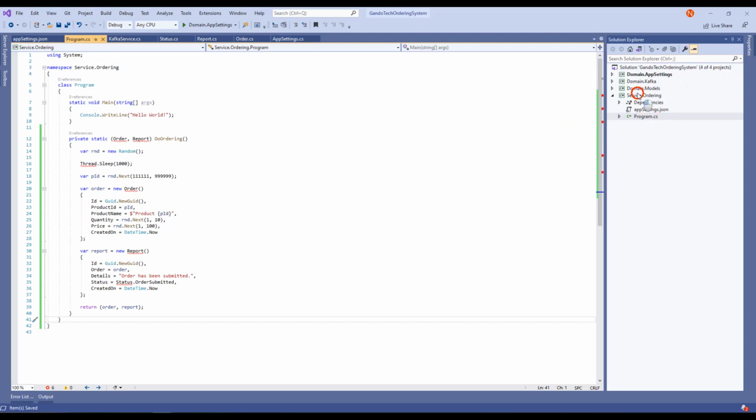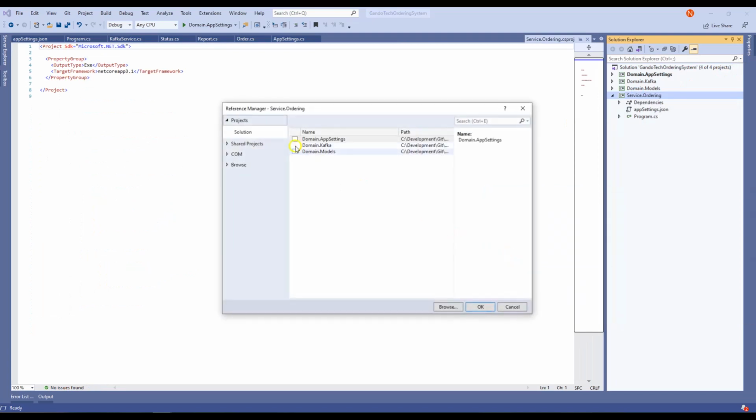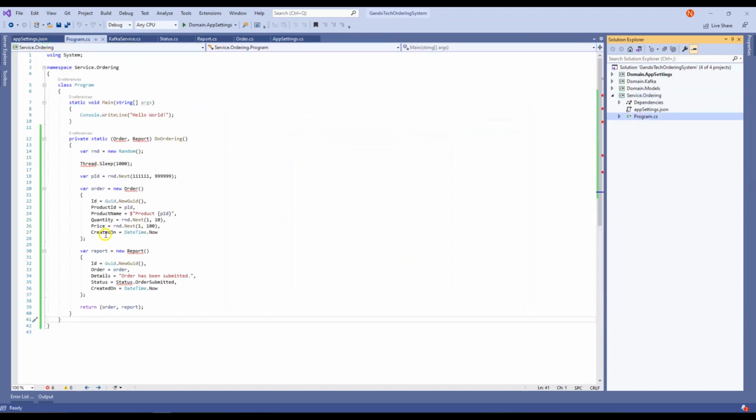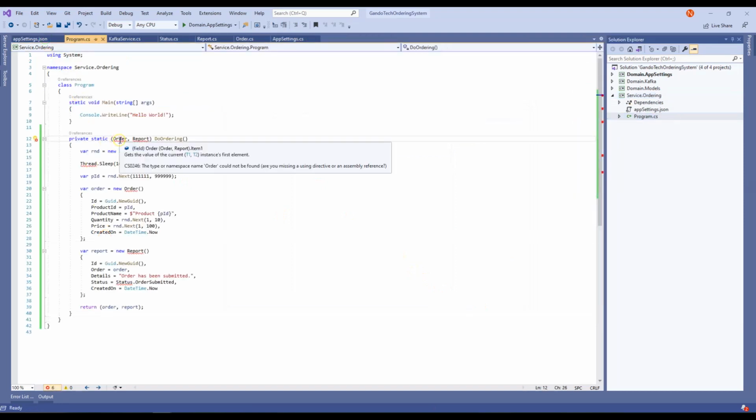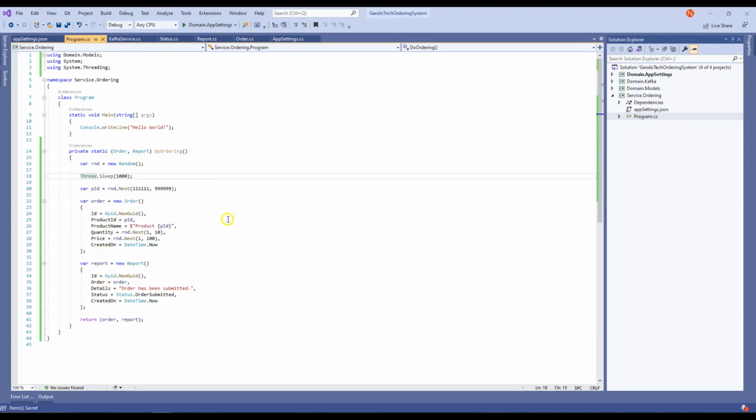It should do. So in order to do that, we need to reference some of the projects. So we need these three projects. We just add them here. And now we're gonna reference them. So that's it. Now all done. So we have the do ordering, which is just generating one order and one report for us and just return it back to the main method to be able to push it or produce the message for the